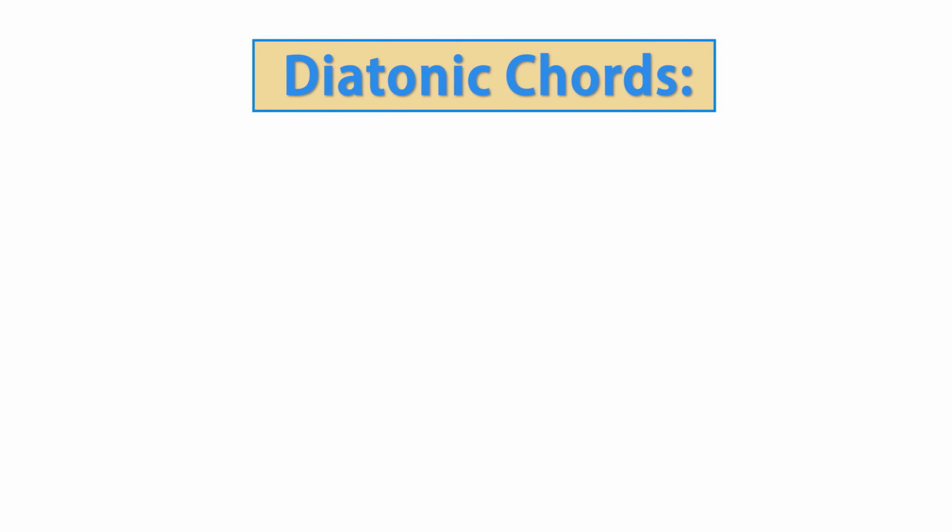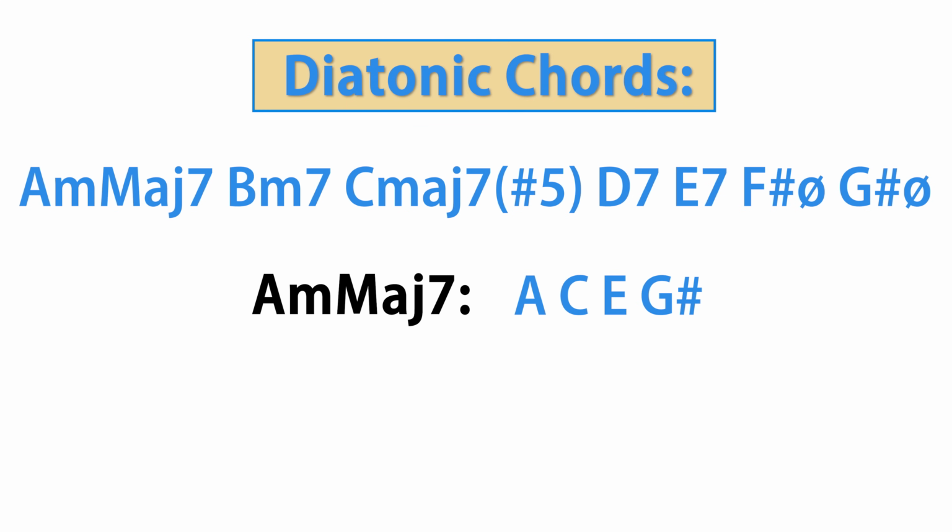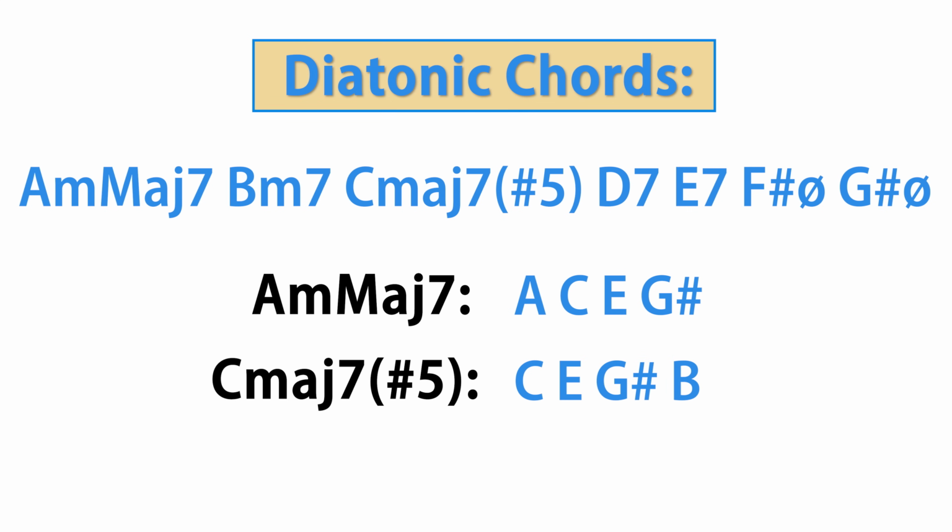In melodic minor, the chord that we have on the tonic, or on the root, is a minor major chord. So in this case, that's an A minor major. So A, C, E, and G sharp. The third is of course C, and the arpeggio that we have there is a C major 7 sharp 5. So C, E, G sharp, and B. This gives us really just the same notes as the A minor major, except we're leaving out the root and we're getting a ninth instead, because we have the third, the fifth, the major 7, and then the ninth of